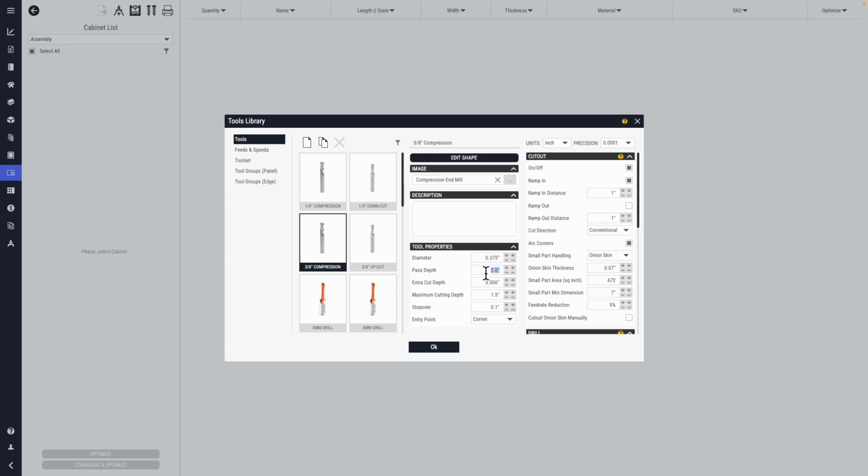Pass depth refers to how much material the tool bit can remove in a single pass. Let's say you have this set at 1/2 inch and you're trying to cut 3/4 inch material. That means CAD Builder will use this bit to cut out the first 1/2 inch from the top, and then it will cut the last 1/4 inch in a separate pass. Right, so essentially, maximum material to remove in a single pass. For the 3/8, I will use something like 0.8 inches so that 3/4 inch material will be removed by default